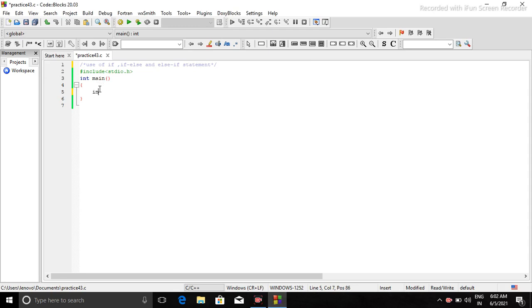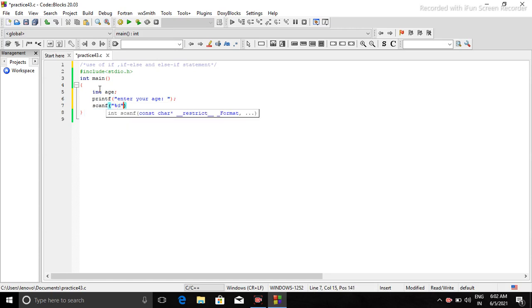Okay, so for that I will create a variable of integer type, age, and I will write a printf statement to instruct my user to enter your age. So the user will enter his age, and by writing scanf with %d, comma, address of age, I will take his age as an input.